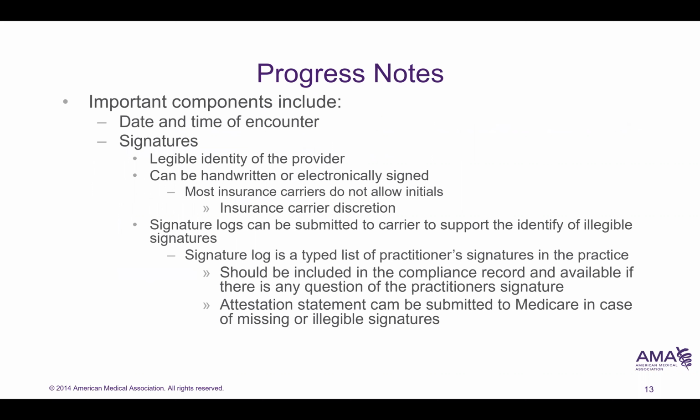Some things that you need to include in progress notes: date and time when it happened. Of course, with electronic health records, this is very straightforward. Everything is date and time stamped. They need to be authenticated, which in a paper world would mean a signature or a signature stamp. And basically this does, whether it's electronic or whether it is hand signed, or as the lawyers would say, a wet signature, it basically authenticates. It's showing that the provider is signing this note,